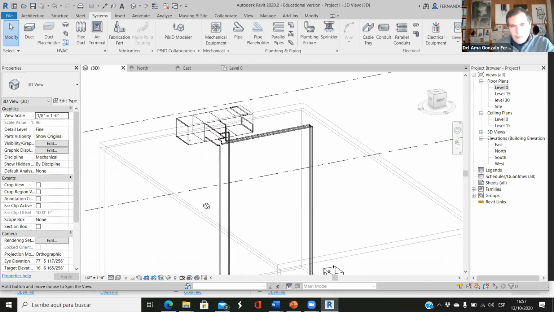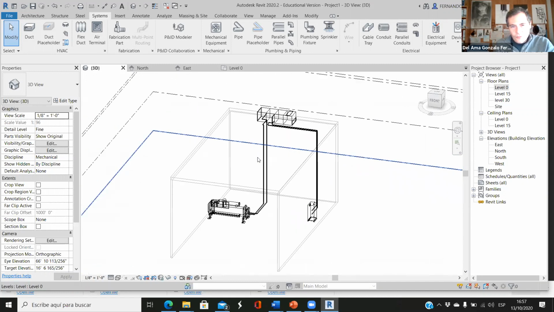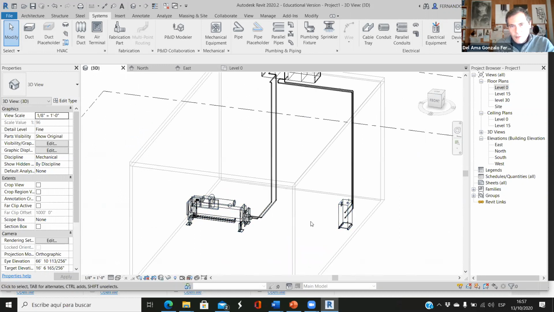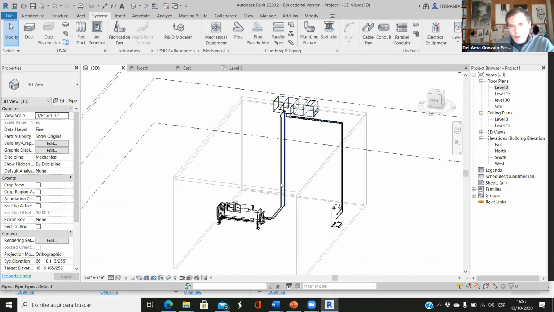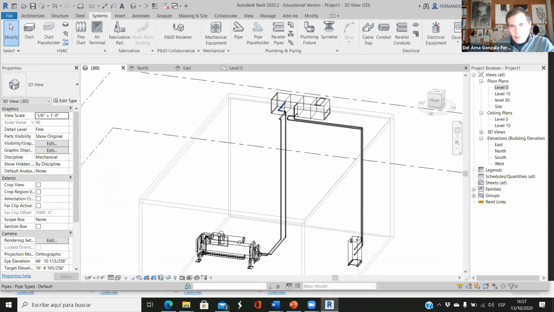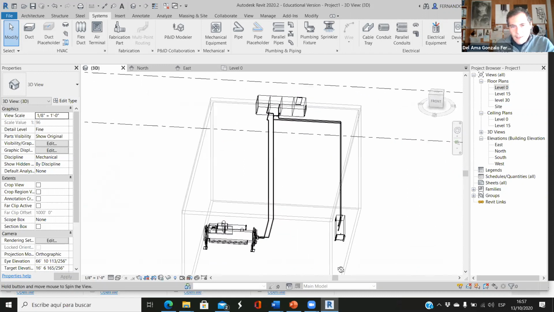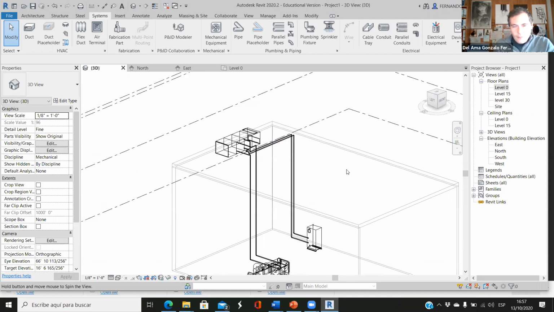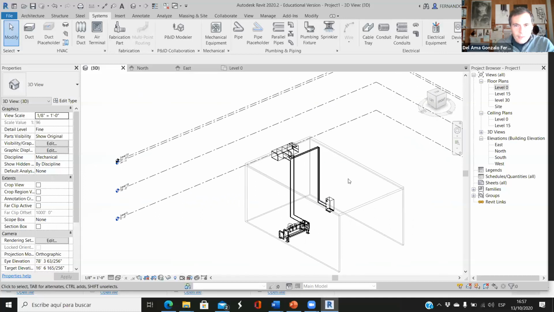the most important thing is that everything is connected to what it has to be connected. So the boiler is connected to the heating coil. The chiller is connected to the cooling coil. Are we done with this? No, we're not, because we need a cooling tower. The cooling tower has to be on the top of the building. So on level 31,